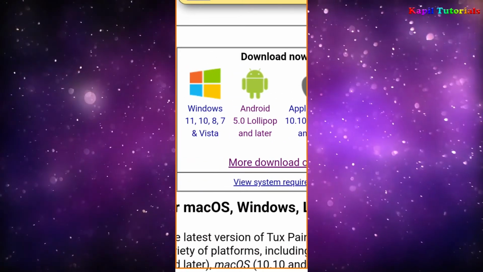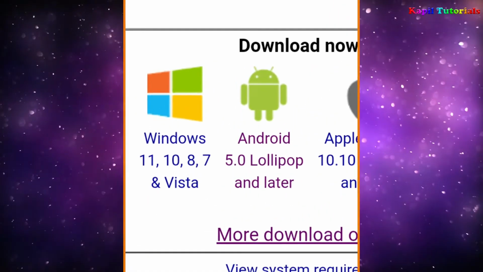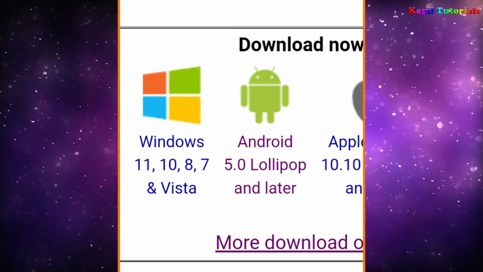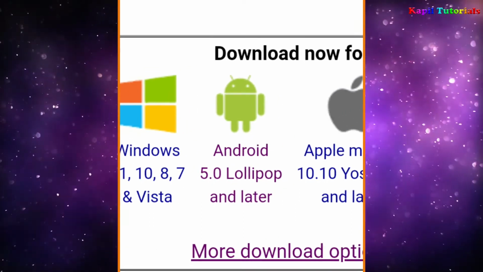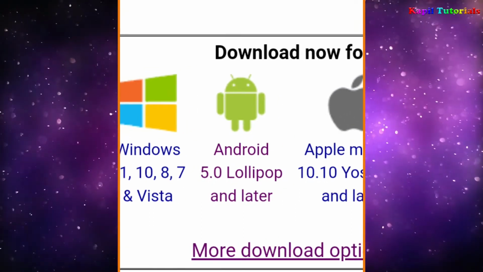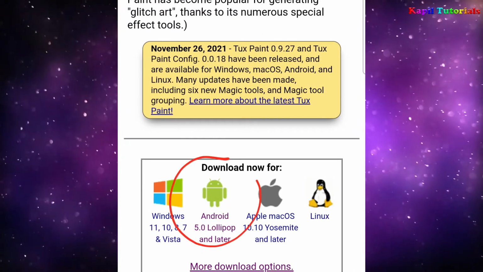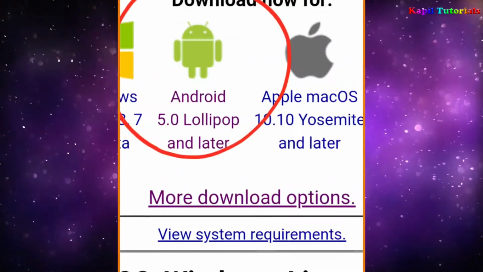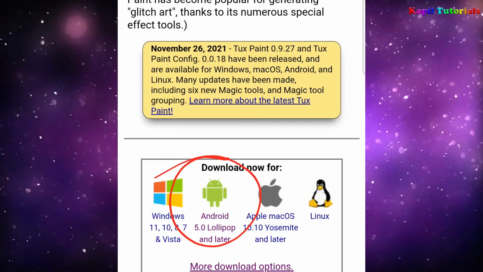Although the students who are having Windows, they can click upon Windows option. And those who have Apple, they can click upon Apple option. So I have already marked this option. You can click upon this if you are using your mobile.